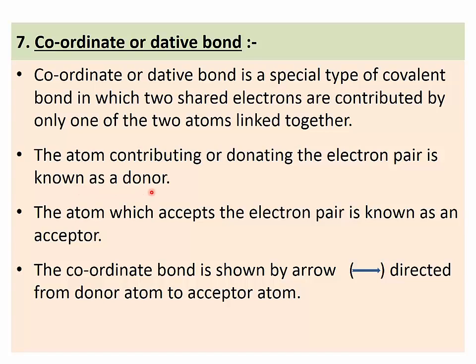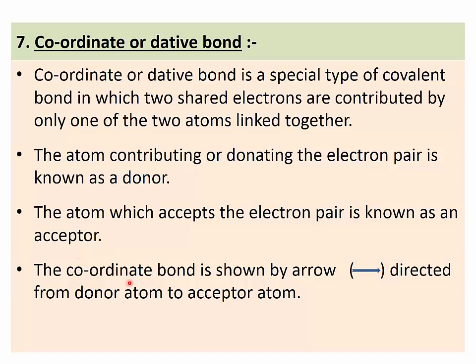We have discussed the example of the NH3 molecule. In NH3, on nitrogen there is an electron pair. It donates this electron pair to the central metal atom or ion, and therefore it is called the donor atom. Next point, the atom which accepts the electron pair is known as the acceptor. In a coordination compound, the metal atom or metal ion accepts the electron pair, so it is the acceptor. The metal atom or ion is the acceptor and the ligands are the donors.